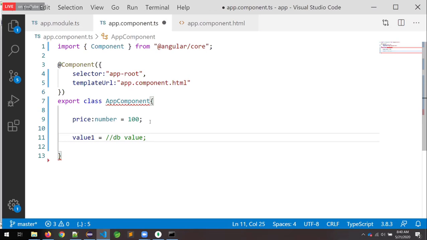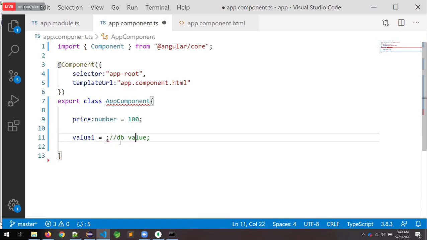Just a minute. So now I am asking the question. This URL value is coming from the database.